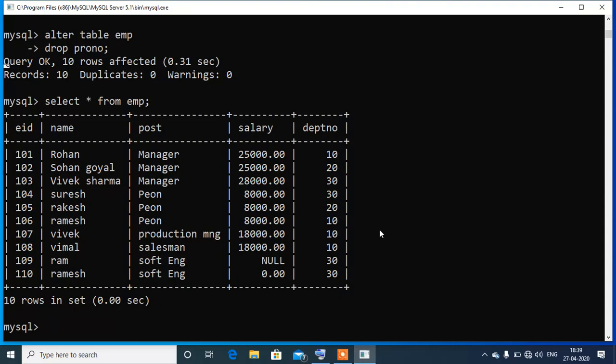So for example, here you can see employee 109, Ram, software engineer, has salary set to null. I am going to change this value.